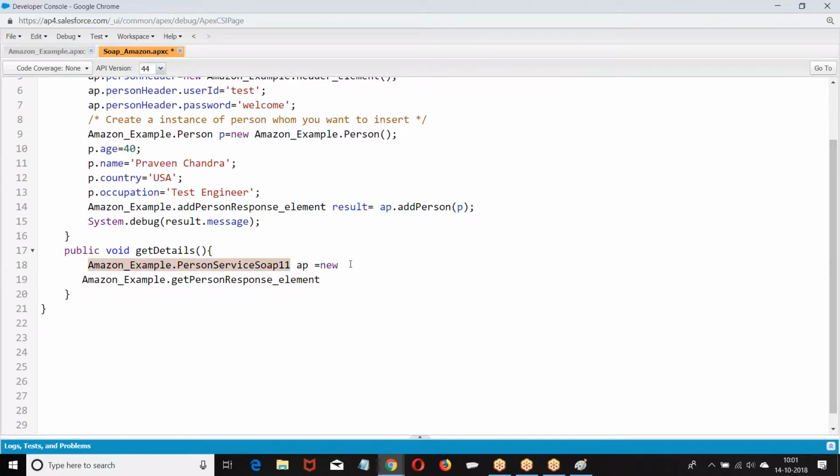Obviously. See, now you are connecting to a third-party system called Amazon. It's your choice: do you want everybody to access your data, or only specific people? Now you have to decide. Whoever is the service provider will decide whether it's open or needs authentication. In the beginning, in the REST API service, I took postal code. Did they ask any authentication? No, it's open for everyone.